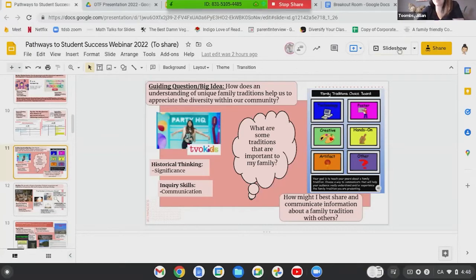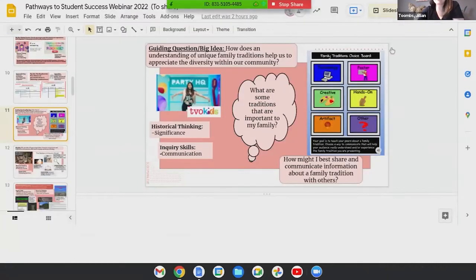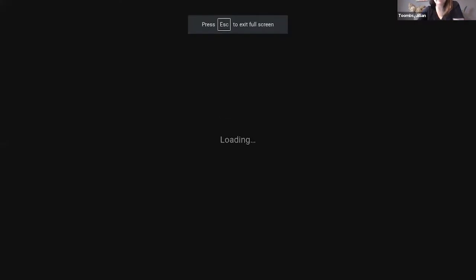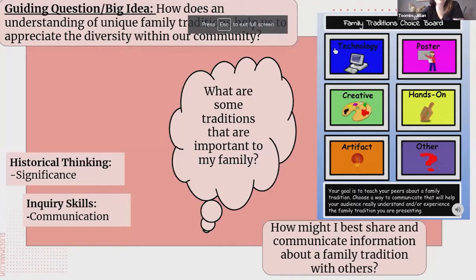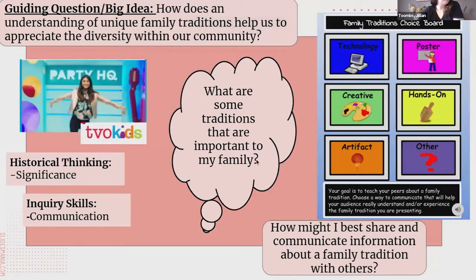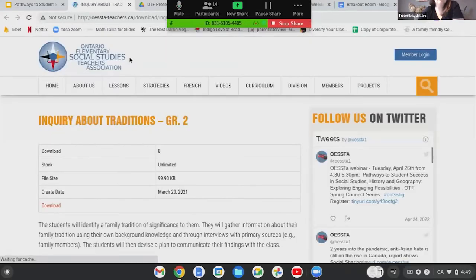Okay, so I'm going to take you through the next 3 lessons involved in the project that Raman's been describing for us. And this lesson that you're looking at here, you're seeing highlights from a lesson that was designed for grade 2, which is where I teach. I teach down in Primary Land. So just like the other lessons, you're going to be finding this one on OESTA's website. We're going to link this directly for you.